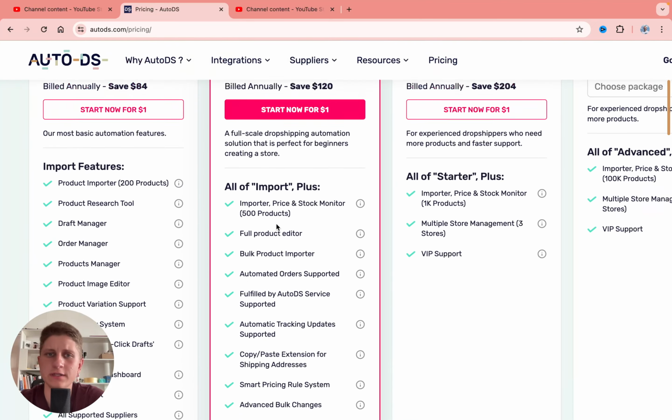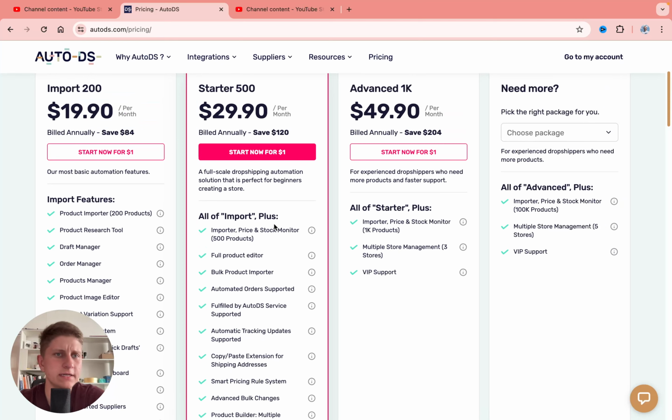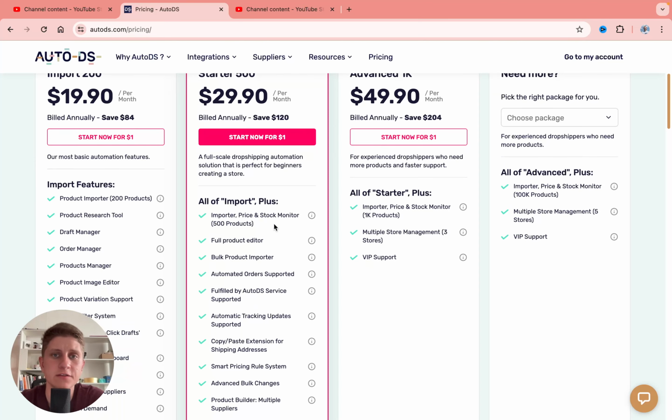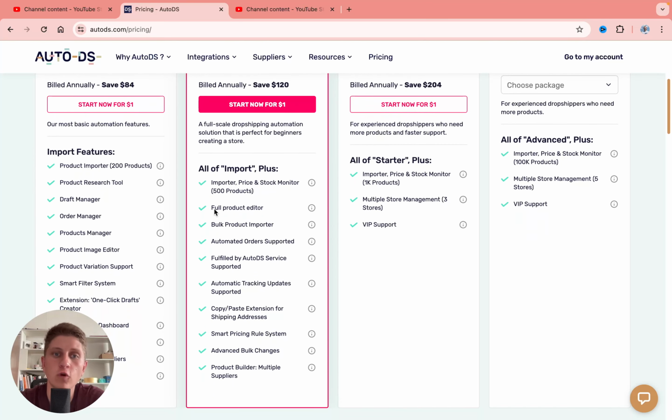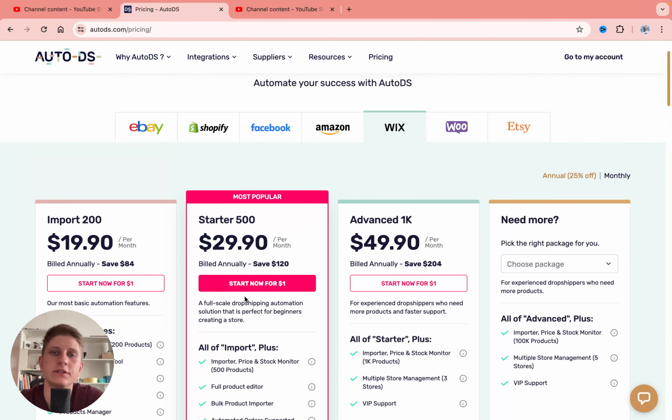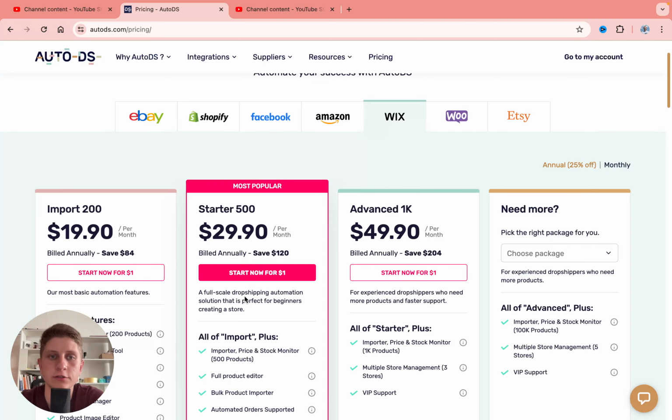And what does it mean? It means that basically if you're going to pay 1.5 times more, we'll get much more features. As for me, the best features are full product editor, bulk product importer, and also automatic tracking updates supported on Starter. And as for me, the best variant to use AutoDS for weeks is the Starter plan,